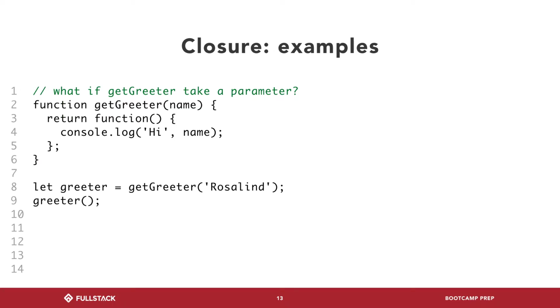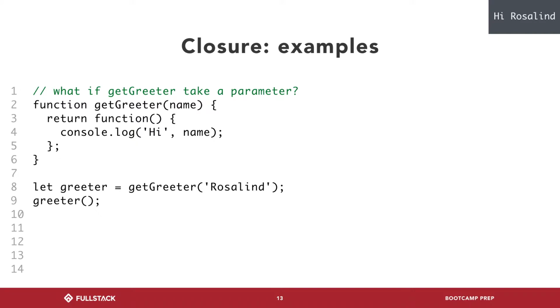Ta-da! Okay, so this is going to speak a little bit to an example. Here now, getReader takes a name. I have a greeter function. It says getReader, Roseman. Okay, cool. So after I run line 8,